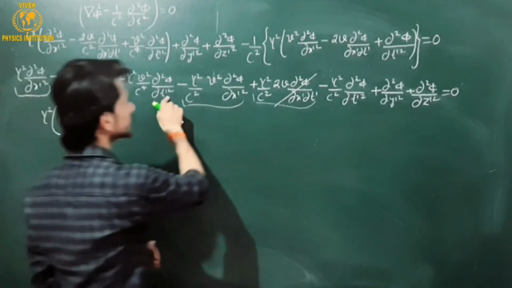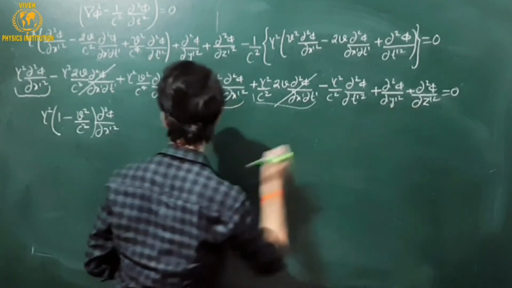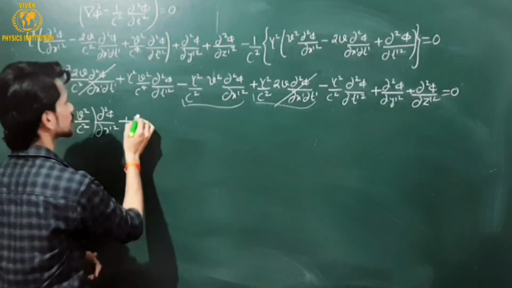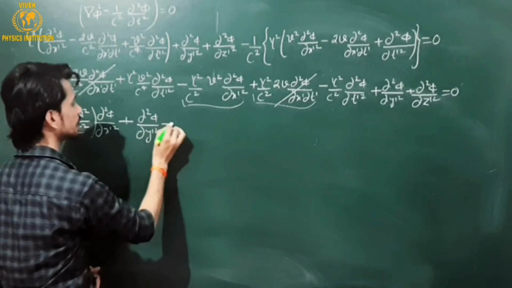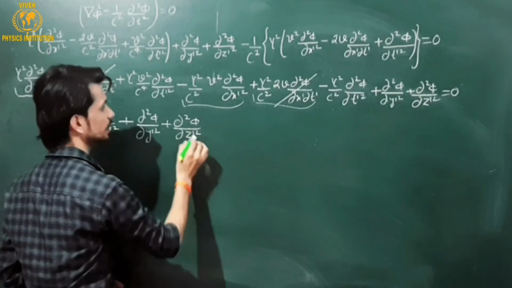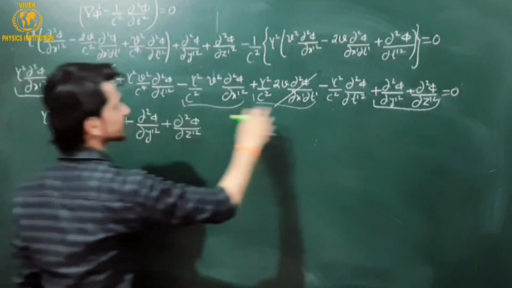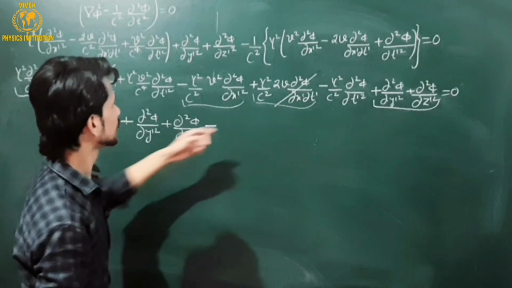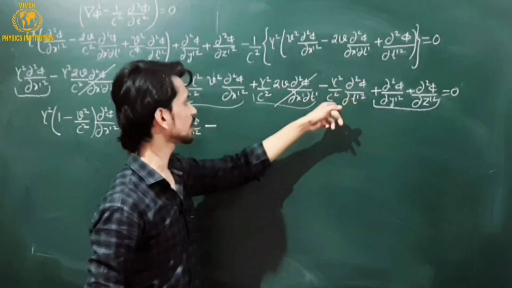Similarly, the del t dash and del t dash factors will be taken together. Firstly, I am writing these two factors because after the x, y should be there. So this is del square phi over del y dash square, and next should be del square phi over del z dash square. I have taken out up till now these two factors. Now again from these two factors something can be taken as common. So I am taking minus gamma square over c square. The least power should be taken as common. Gamma square over c square.